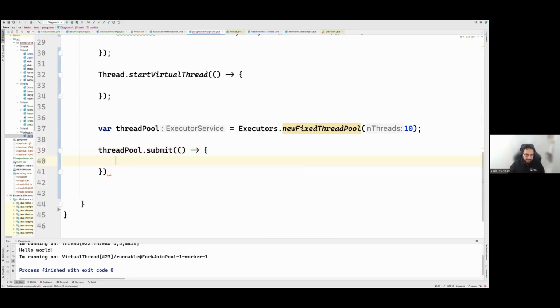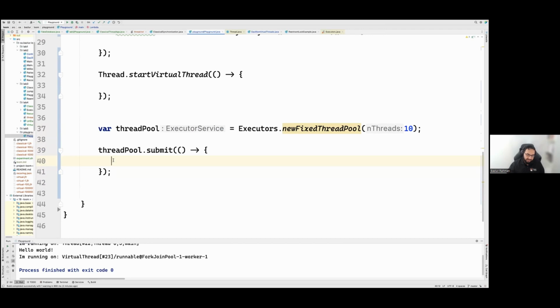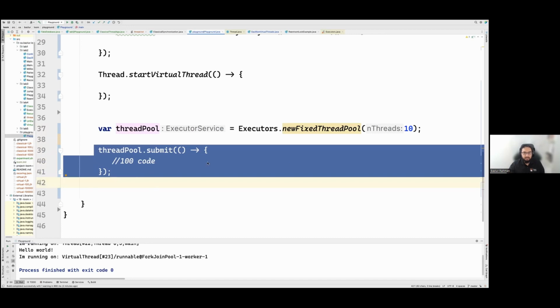So we might have a code base like this, and I'm sure we have. What if we want to replace this whole thing with virtual threads? Over here you can have like 100 lines of code, and we don't have to change any of this.